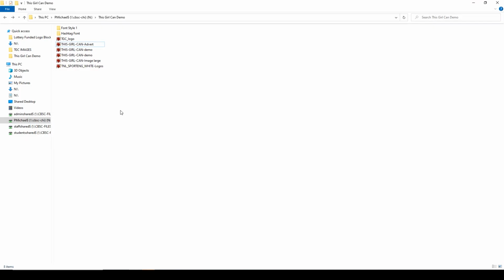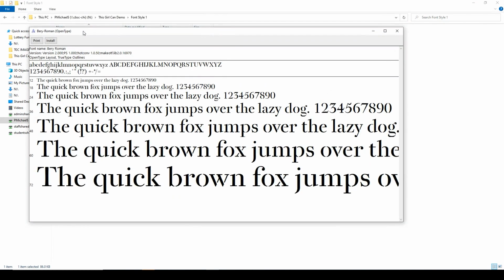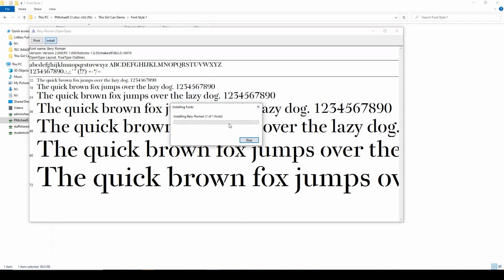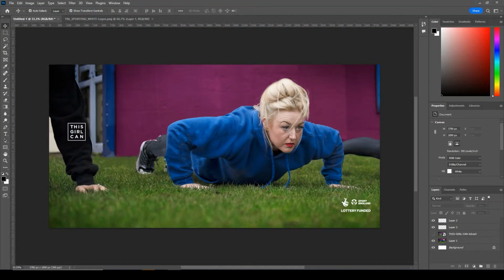For this part of the demo, we're going to install font style 1, which is called Bery. So when I double click on Bery Roman, I would like you to install Bery Roman to the system. So click on install, wait for that to load. You won't get any indication that it has installed, but when you go back to Photoshop,